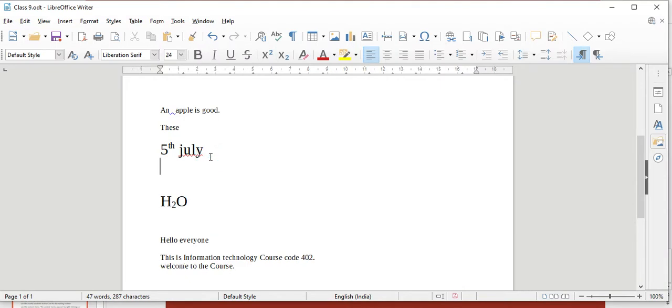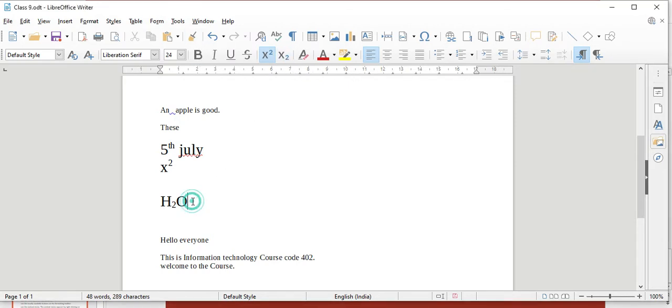For example, you can write x, and if you want to write the square, you just click on this and then click on 2. So it will go above your x. And if you are writing a chemical equation or any equation which needs to be written above the text, like H2O for water, that time you can use this superscript.